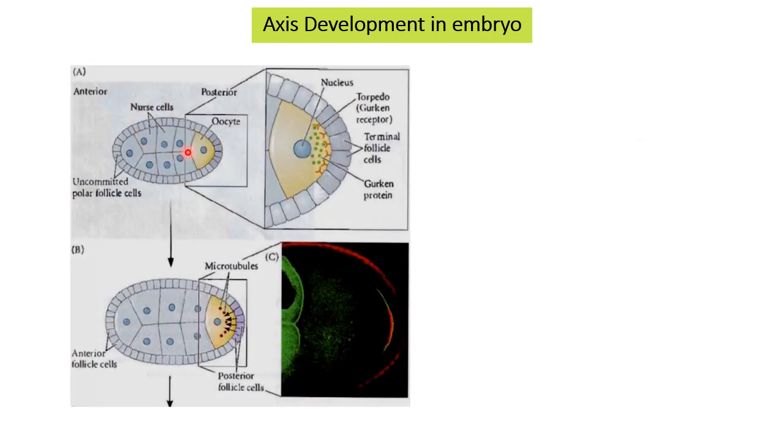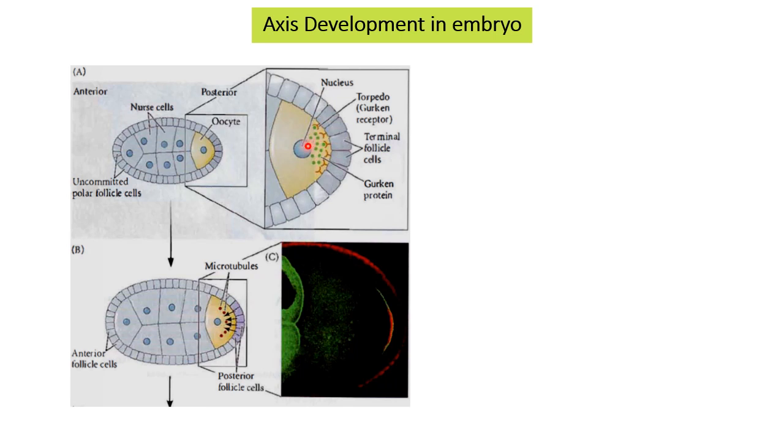So now coming to the main slide, the hero of this lecture, axis development in the Drosophila embryo. We have already discussed that as the nurse cells and oocyte precursor are formed, these nurse cells start expressing maternal gene products. One of the maternal gene products expressed by the nurse cells is the Gurken mRNA. This Gurken mRNA is formed in the nurse cell, but it is transported specifically to the oocyte nucleus. Here, near the oocyte nucleus, Gurken mRNA lies in between the follicle cells and the nucleus, and it is translated